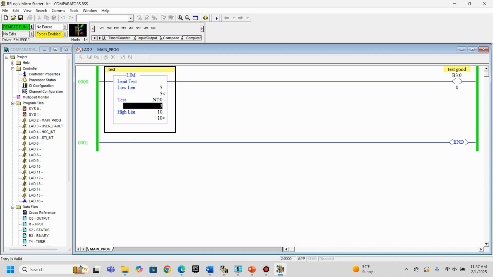So our output here, this test good bit, B300, is off. It's only going to turn on when our value is within the limit. But what happens if I make it a 7? Oh, look at that. As soon as 7 is within the range of 5 to 10, our output is on. And now if I change this to a 5, it also remains on because the way this works is